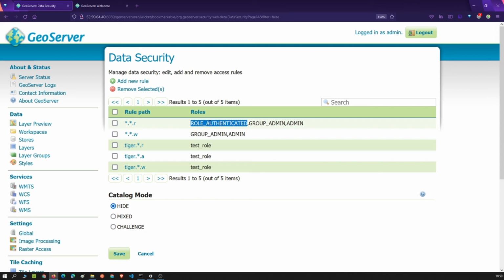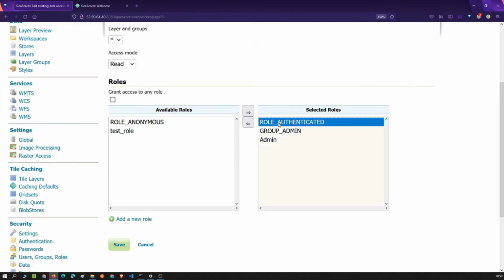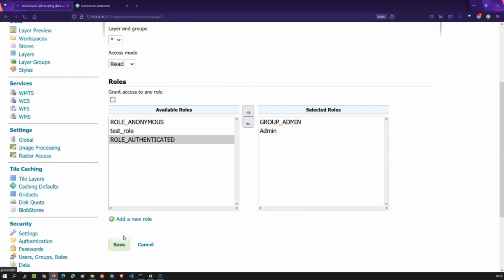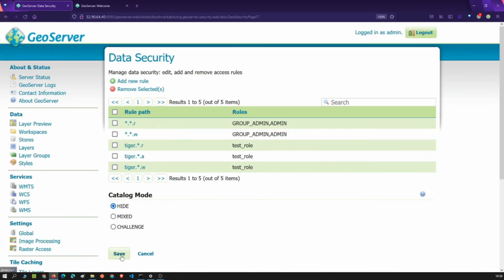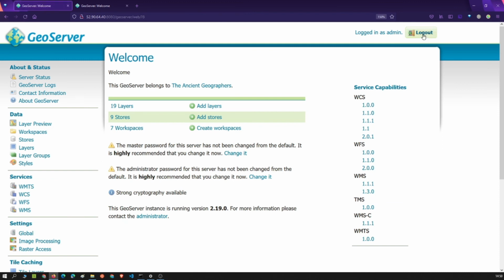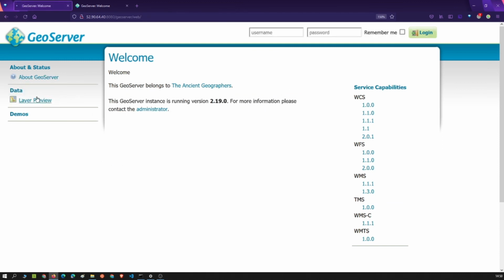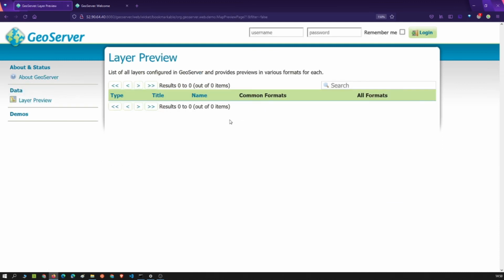Because our test user had logged in, it means that it was authenticated, and that is why it has read access to all layers, and that is why you need to remove this now. Just remove role authenticated and then save it. Save changes.